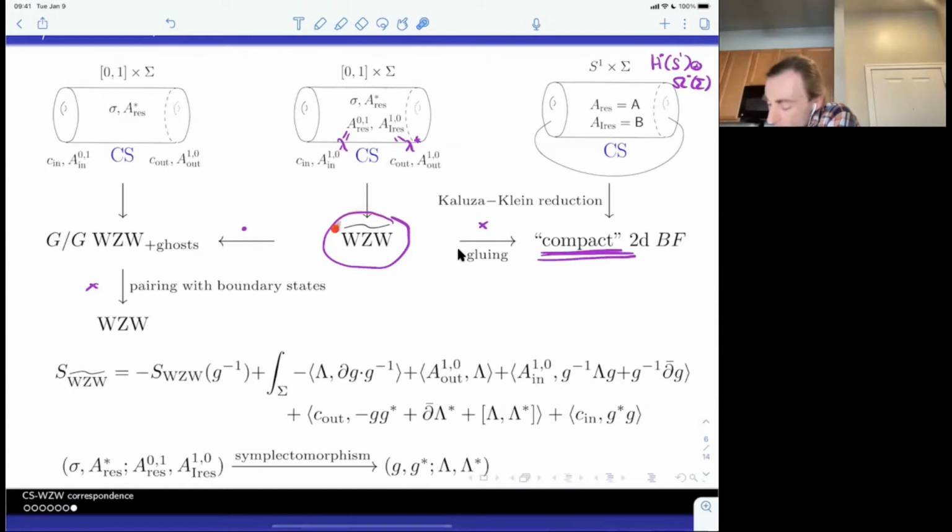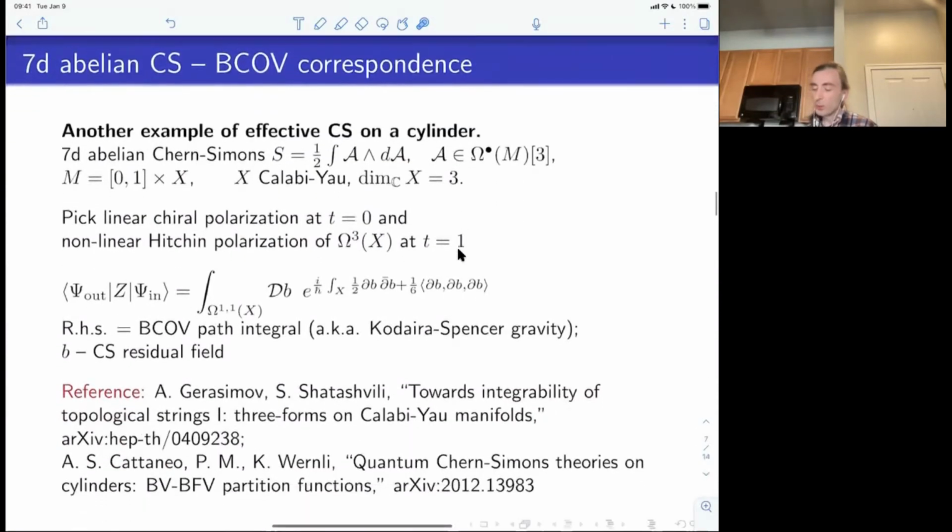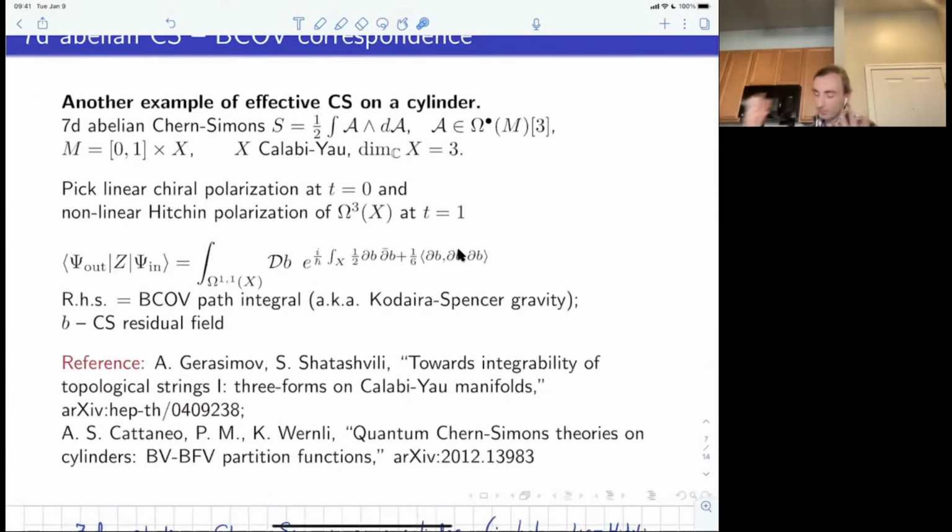So there is this kind of master object, which in some sense sits between the holographic counterpart of Chern-Simons and the dimensional reduction of Chern-Simons. So I wanted to mention that point. And just to show this slide, and maybe as an advertisement for another example that we looked at, you can